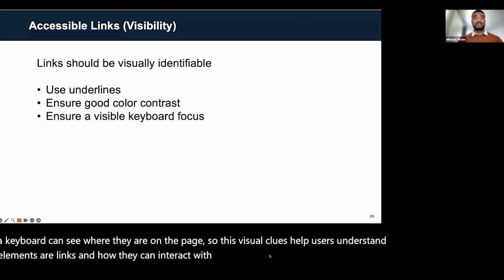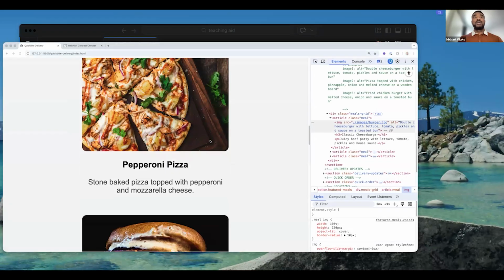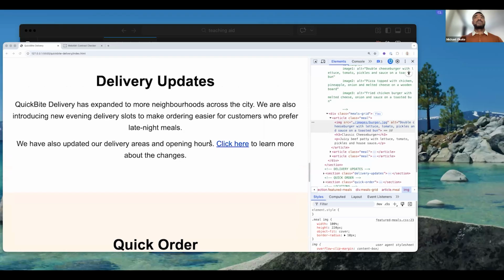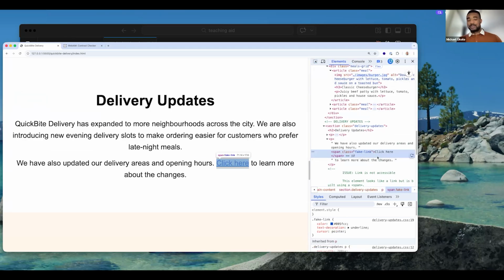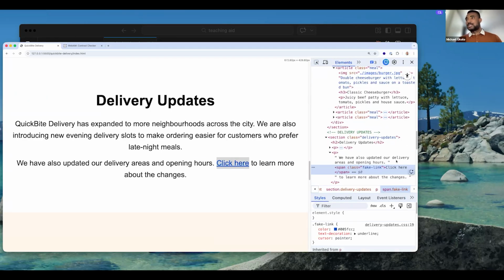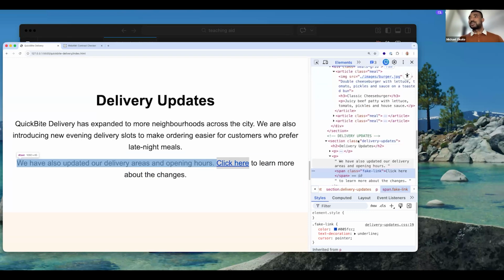So let's go back to our interface and see what's out there. Currently we have this bit that looks like a link. Let's inspect it to see what's happening under the hood. We can see that this fake link was built using a span tag. And as we've pointed out earlier, this is the wrong way to do it. So what we're going to do now is